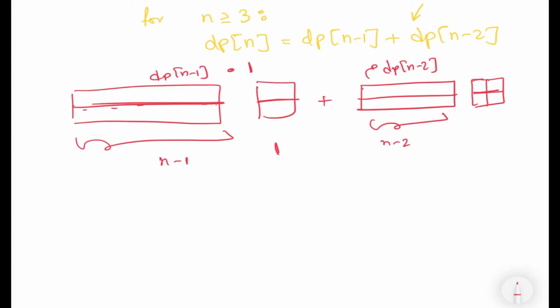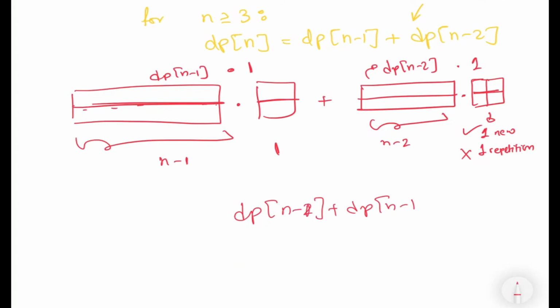So this will be the last separation, and we know that the number of ways to tile an n minus 2 length long floor is known, and it is stored in dp n minus 2, and what we do is we multiply it with only one possible combination that is new and not repeated, and the sum of the two gives us the number of possible ways to